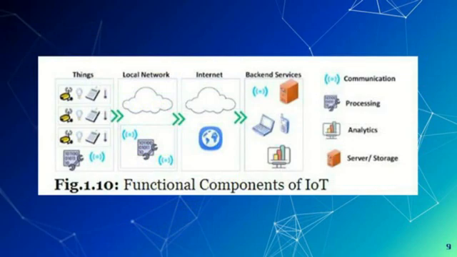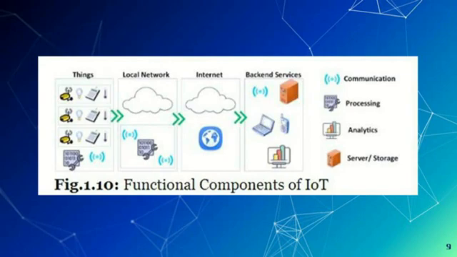The first component is devices. To develop an IoT-based application, you have to choose which device you are going to connect with IoT. It can be any device. You can choose according to your interest. Next is the local network. There are different types of networks: Bluetooth, Wi-Fi, LoRa. So you choose what type of network you want to use. It is also according to your choice. There is no restriction. You have to choose a certain network for your IoT project.